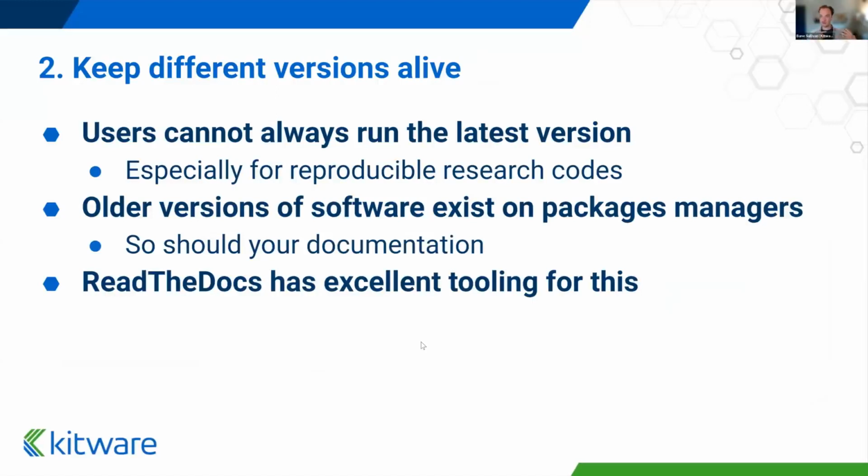And so on that note of whenever you publish a release and you then publish the associated documentation, it's really critical, especially with research codes, to keep different versions of your documentation alive. While things like installation instructions hopefully don't change between your release cycles, I guarantee your API documentation will change between your release cycles. And so it's really important to make sure you're publishing and saving multiple versions of documentation so